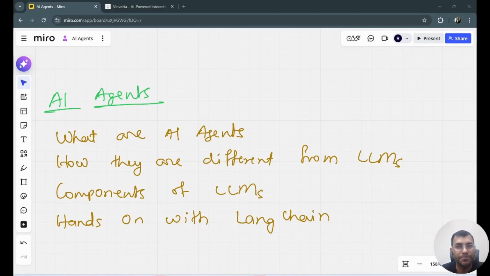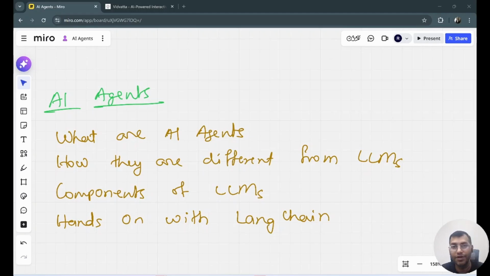So first thing, what are the AI agents? Now in ChatGPT or Gemini, you may have tried certain things like help me generate an email. You got a content, but now you have to manually copy this into any mailing system. You say that okay, help me create a report. It may create a report and then you have to copy paste it and put it inside the Word document